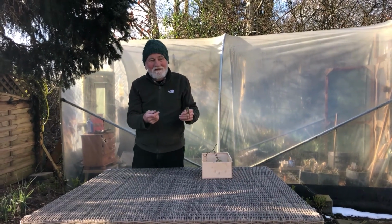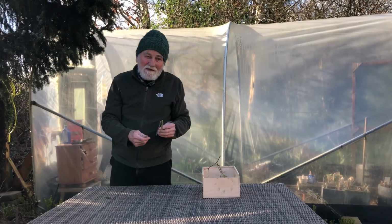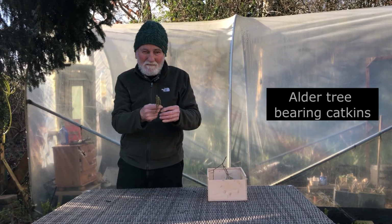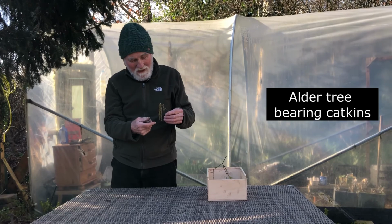Now that we're in the month of February, it's a good time to look around at the nature around us, and many people will see these alder trees bearing catkins from February until March. Now both the